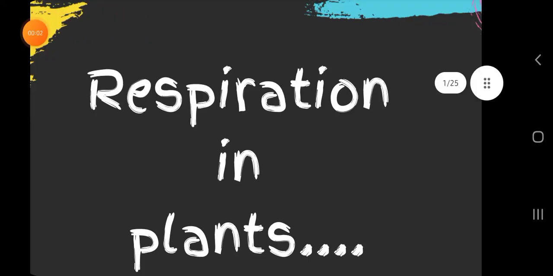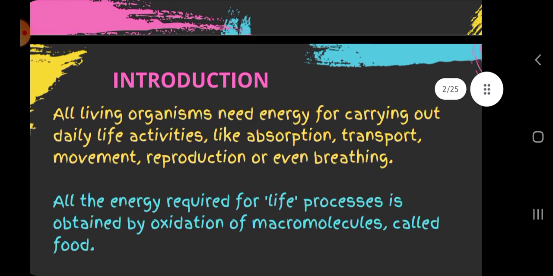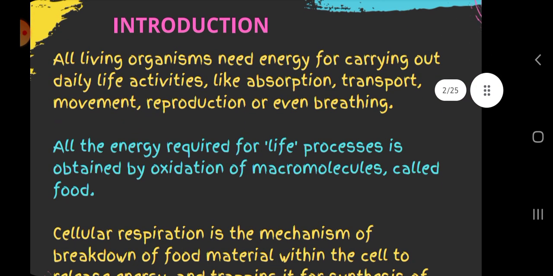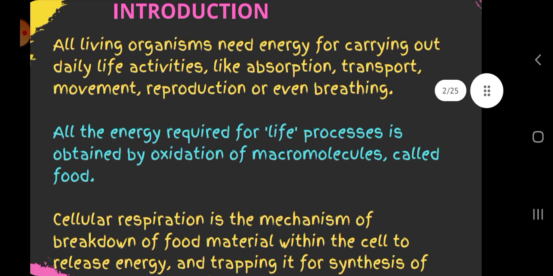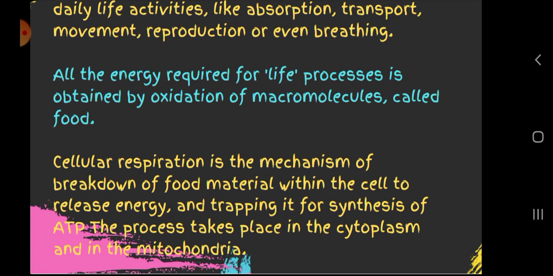In this video lecture, we will cover a new chapter of biology, that is respiration in plants. All living organisms need energy for carrying out daily life activities. All the energy required for life processes is obtained by oxidation of macromolecules called food. And cellular respiration is the mechanism of breakdown of food material within the cell to release energy and trapping it